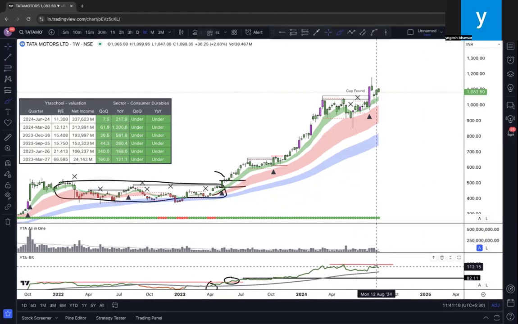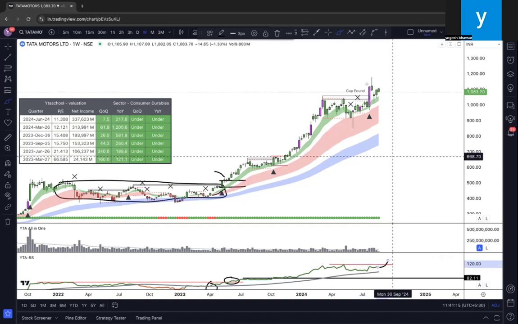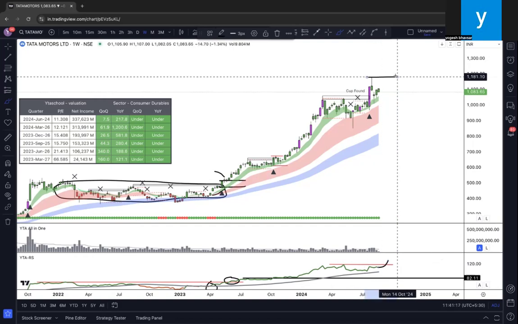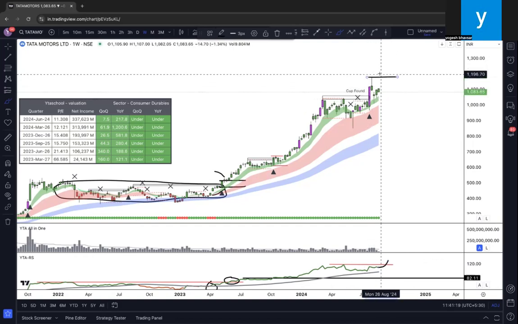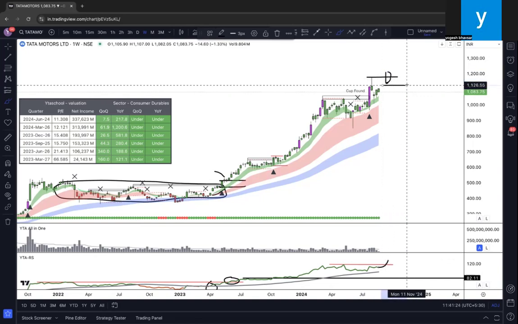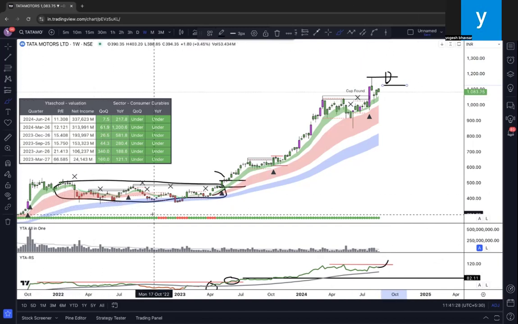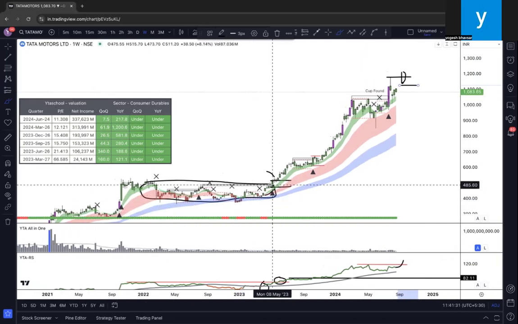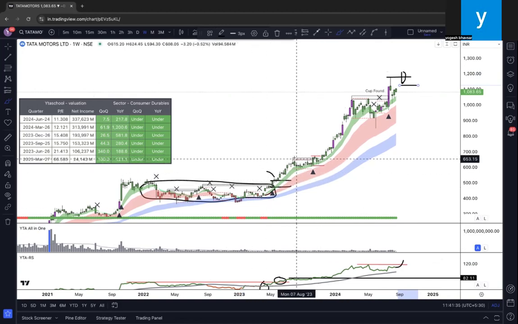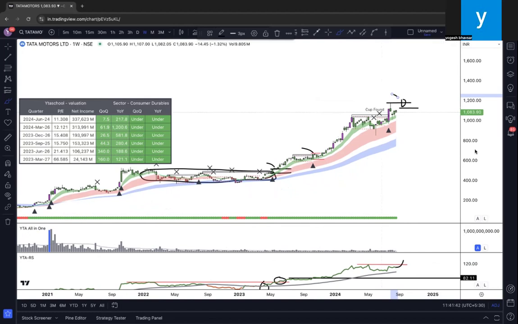If I want to buy this, what will I do? I will let this close above this high. Maybe it can be over here. I will put a stop loss at the low of the candle which breaks this high, and add more and let the trend run. What will happen? The trade which started at around 520, I will keep compounding it. You never know what potential this stock has.